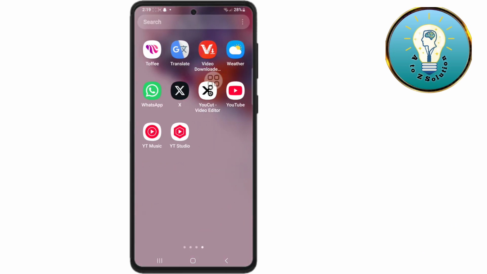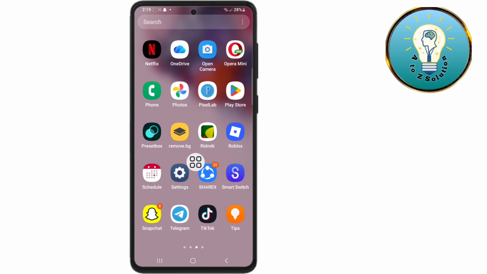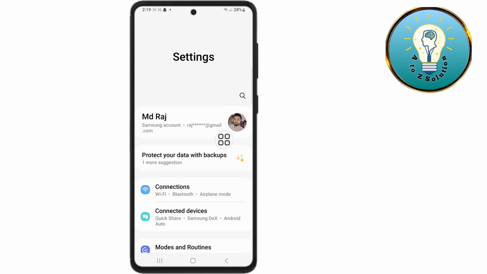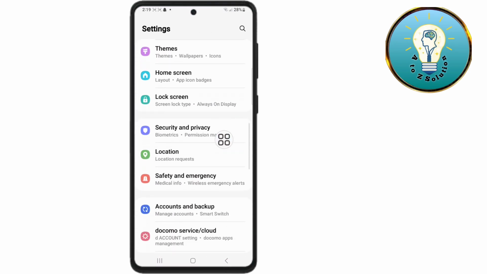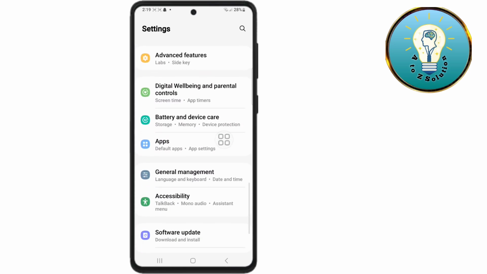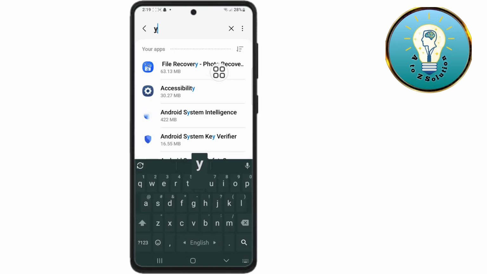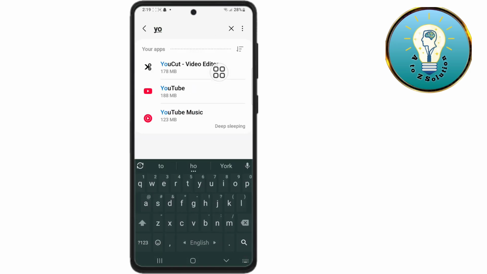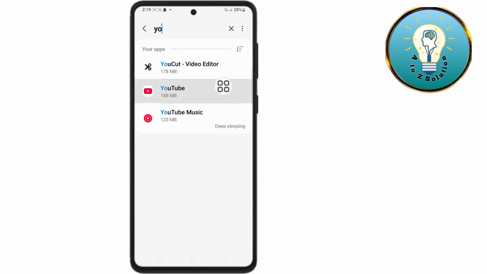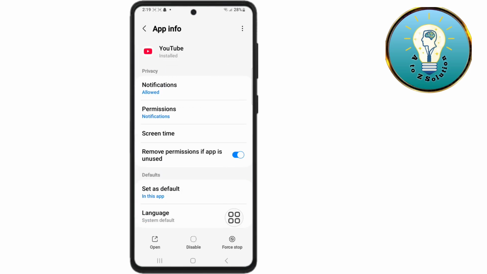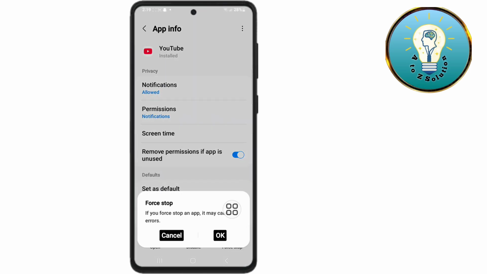Okay, go to your phone settings, scroll down, tap on apps, search for YouTube, tap on YouTube, tap on force stop, tap on OK,